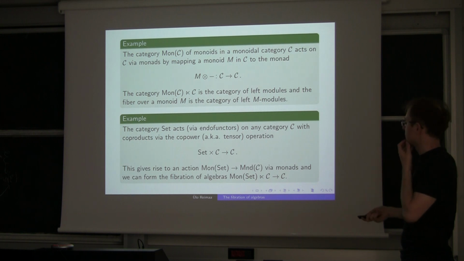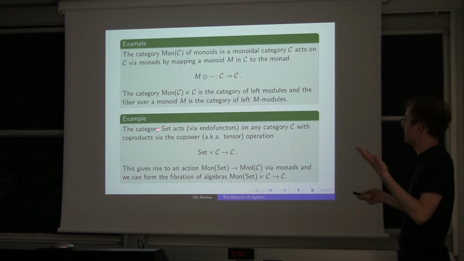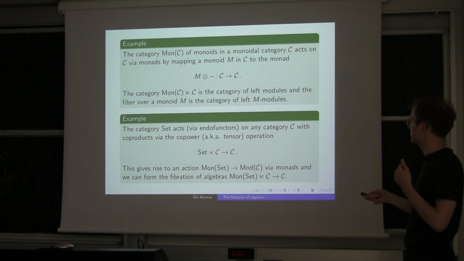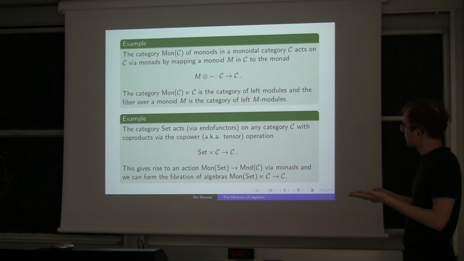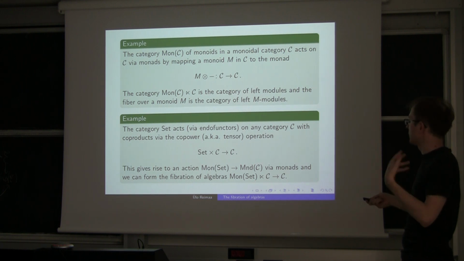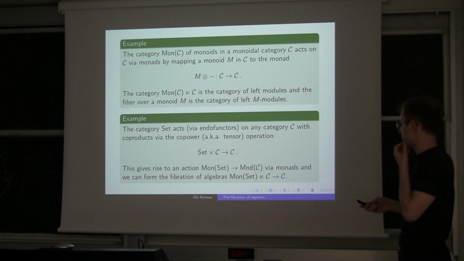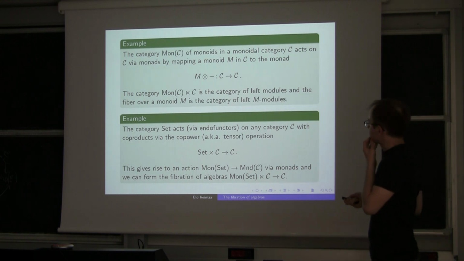For example, we can have our monoid be a monoid in Set, so a monoid in the usual sense, and if our category C has powers, well, each monoid will induce a monad on C. So our monoids can act on objects of C, and we can consider the category of objects of C carrying a monoid action, which will be quite useful in some examples. Now,